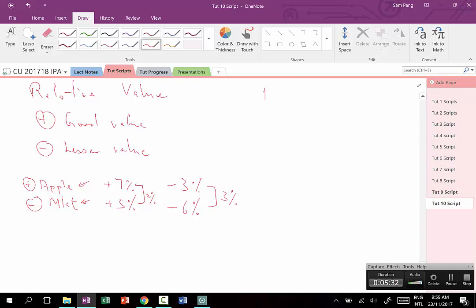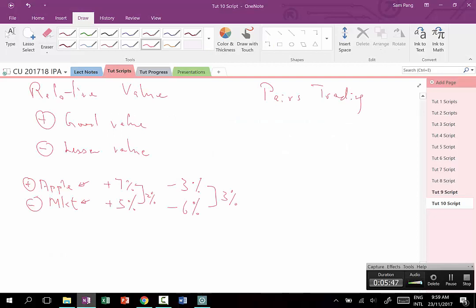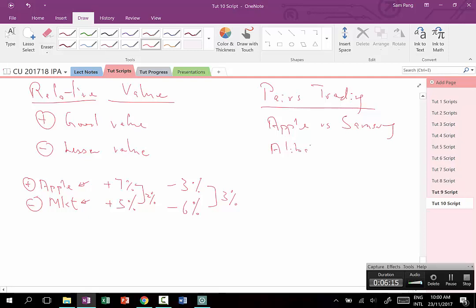So what is pairs trading? Now, pairs trading, I think, is closer to the example here. And the reason I say this is that in pairs trading, we quite often take positions in things that have a higher correlation. For example, it could be Apple versus Samsung, as I said. Okay, or maybe Alibaba versus Amazon,